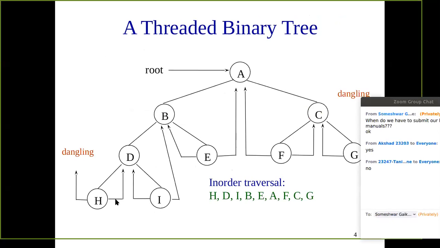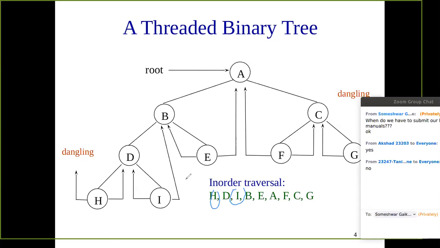So we assign the right null link to the in order successor, and the left of this to the in order predecessor. D is the in order predecessor for I, you can see here. So we assign the left pointer to the in order predecessor and the right pointer to the in order successor. For H, D is the in order successor. So simply we are marking like this so that we can get the threaded binary tree. Again, the left link goes to the in order predecessor. Likewise we have assigned all these links and we get the final threaded binary tree like this.